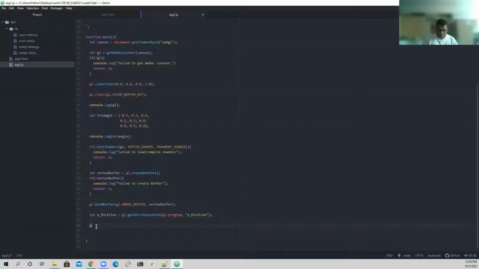So I'm going to say GL vertex attribute. And this is also attribute pointer. So we're going to set a pointer to this variable A position,